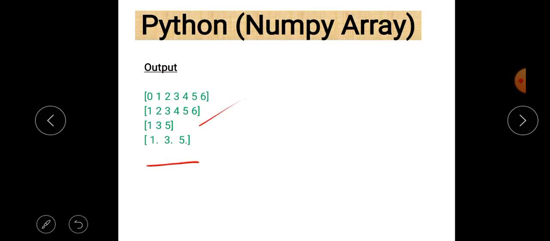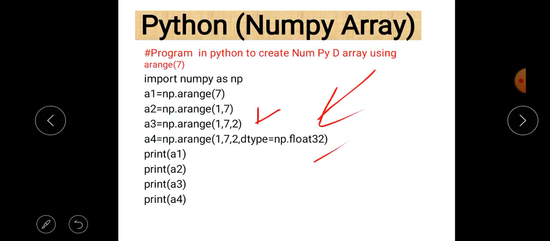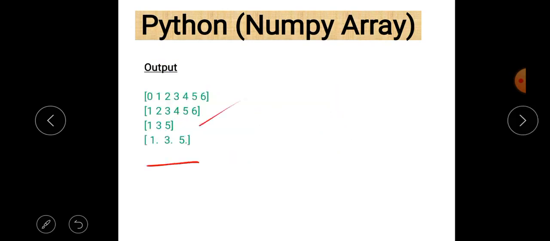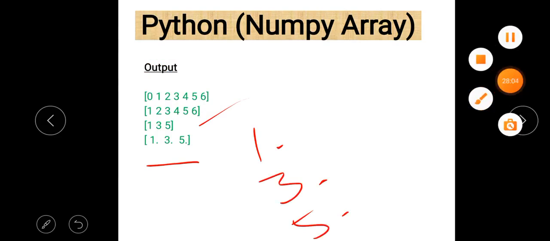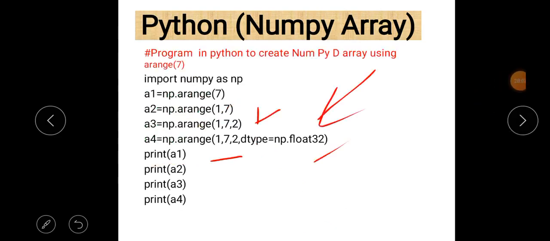In our previous cases the data type is integer, which is the default, and in this case it is float32, and the definition is 1 comma 7 comma 2, so counting starts from 1 and goes up to 6, and there is an increment of 2 in each case. So the first value is 1., which is a float value, second is 3., and last is 5. I think it is clear to all of you.